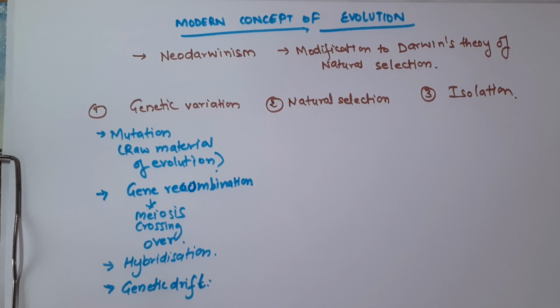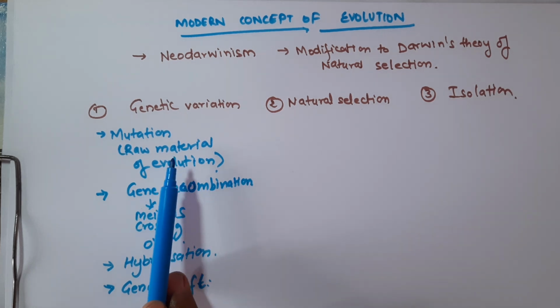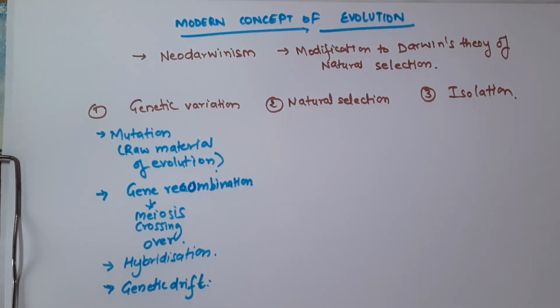Suppose it is living in a cold environment, and if it is an animal species, it will have fur so that its body is protected. Now if you move that species to a very hot region, then slowly in the process of evolution, it will lose its fur because it no longer requires it to keep its body warm. So this is known as genetic drift. Genetic drift, hybridization, gene recombination and mutation give rise to the genetic variation